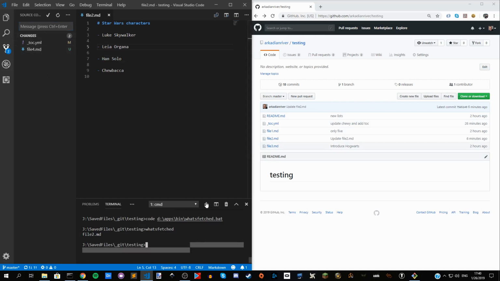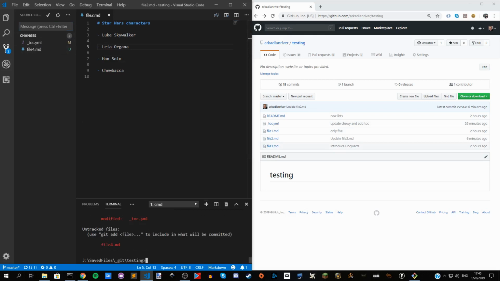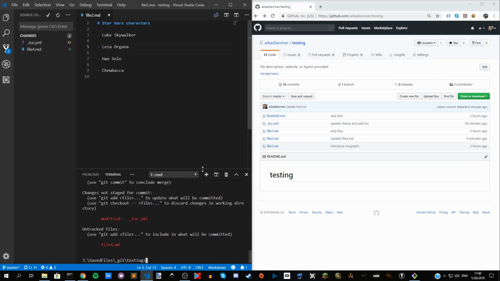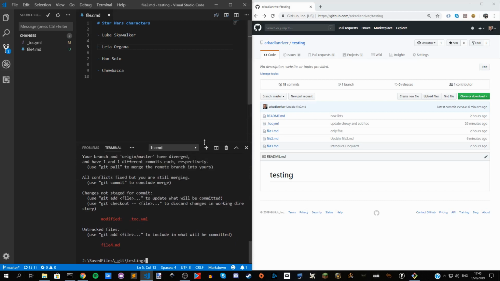But if I show a git status, we'll see that we have some staged changes. I'm still merging. Okay, it says that all conflicts are fixed, but I am still merging. Use git commit to conclude the merge. I have to commit, but it's not letting me commit in VS Code. So I have to basically just type git commit